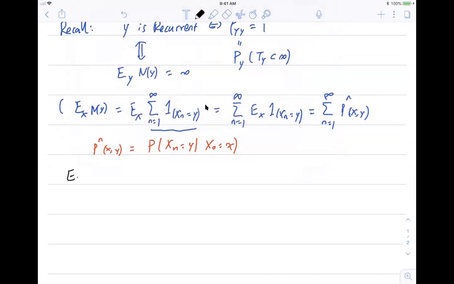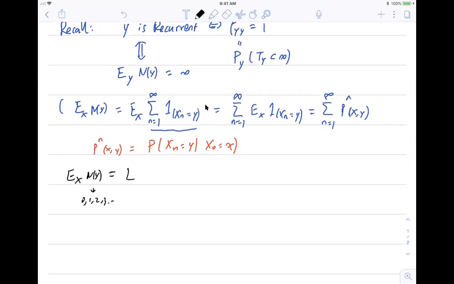So there's another one. Let's compute this. There's another interpretation, which is the following. This is an integer value, so it can be 0, 1, 2, 3, etc. It's the number of visits to y. So when we compute the expectation, it's just